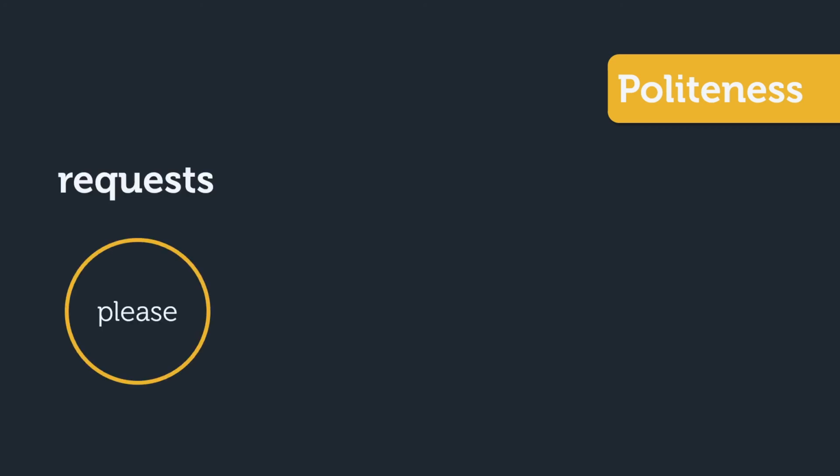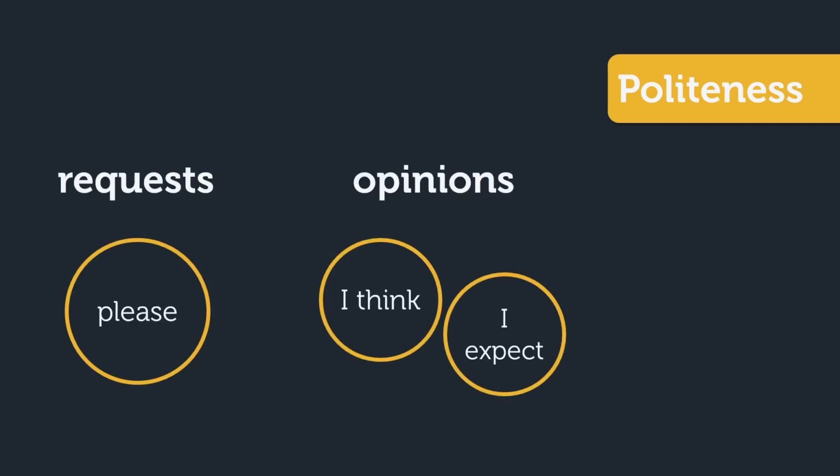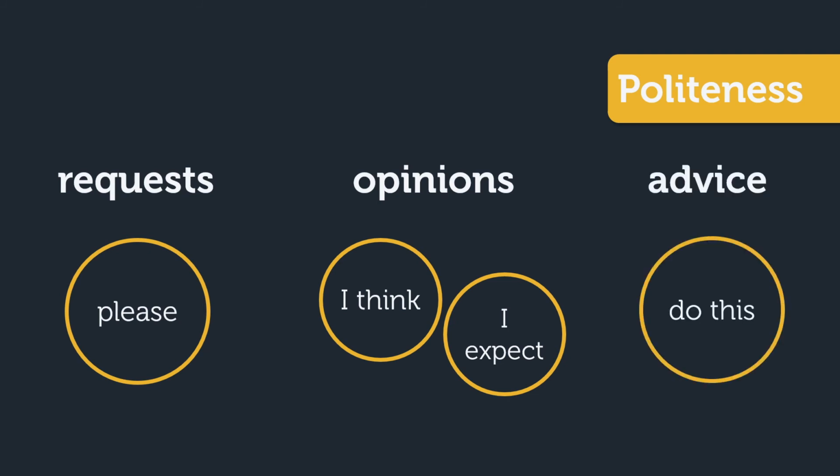The third group is probably the easiest of the three because all we're doing here is using would to soften our language. We can form more polite requests, we can give our opinions without sounding too judgmental, or we can give advice in a more indirect way that sounds less like a command and more like a suggestion. Instead of telling someone to come inside, how would you make this request more polite?